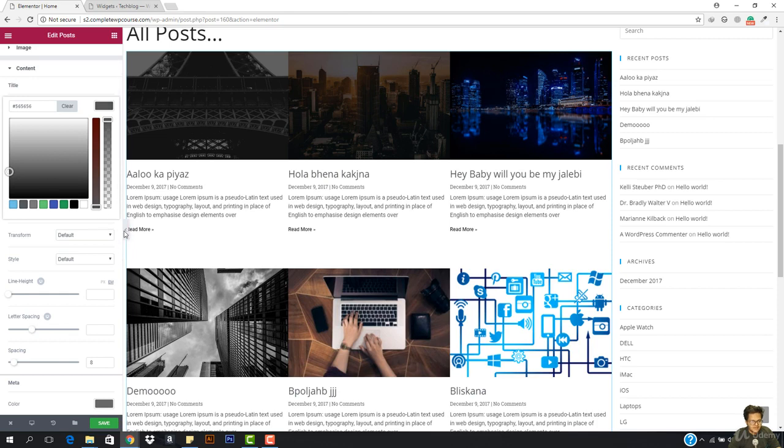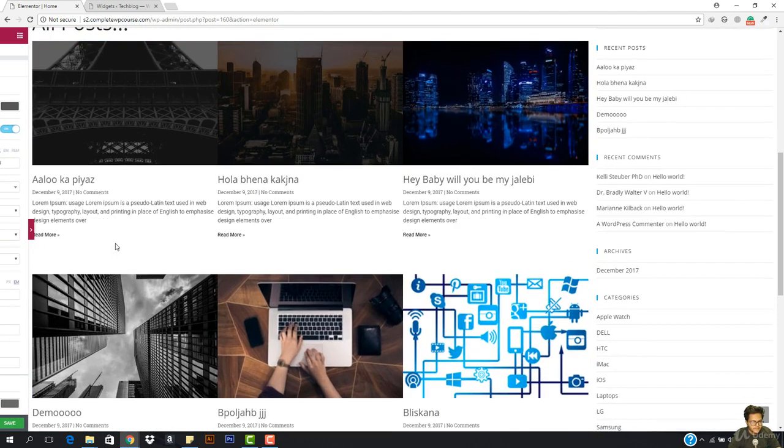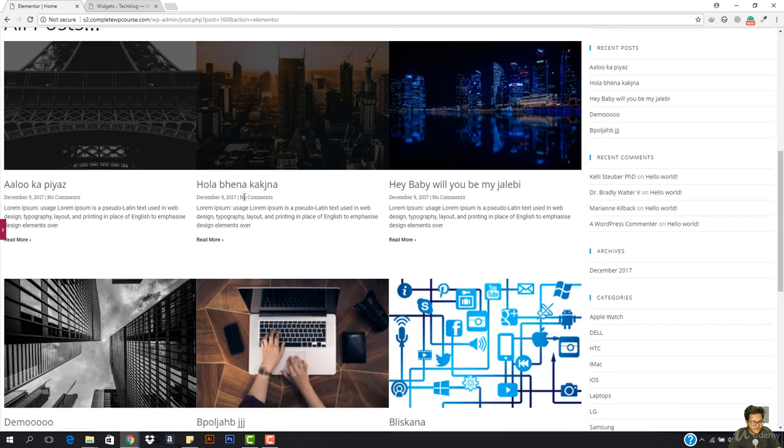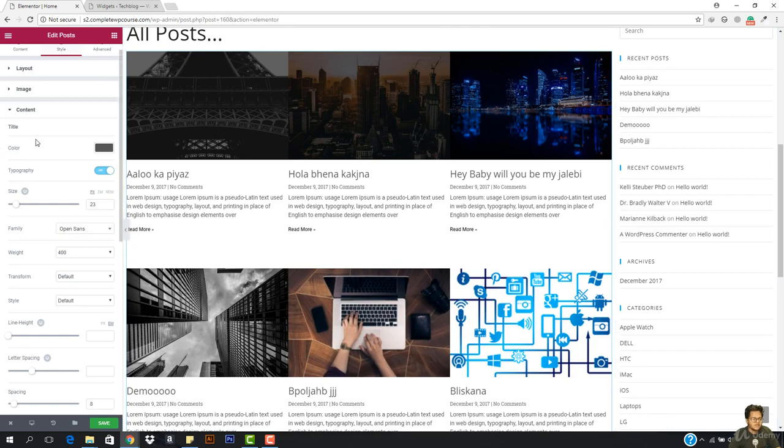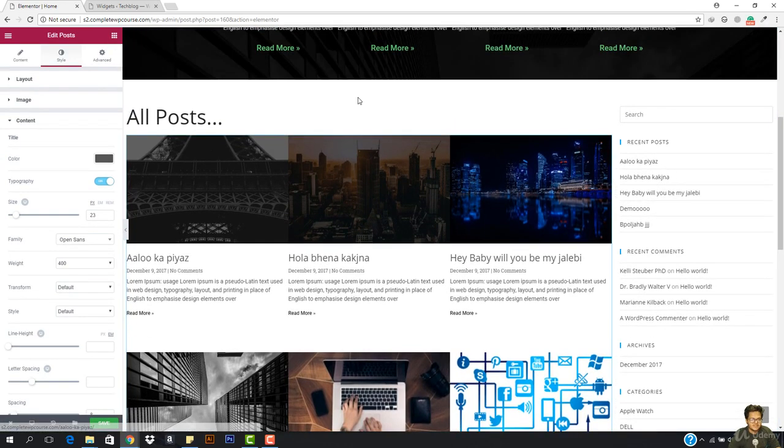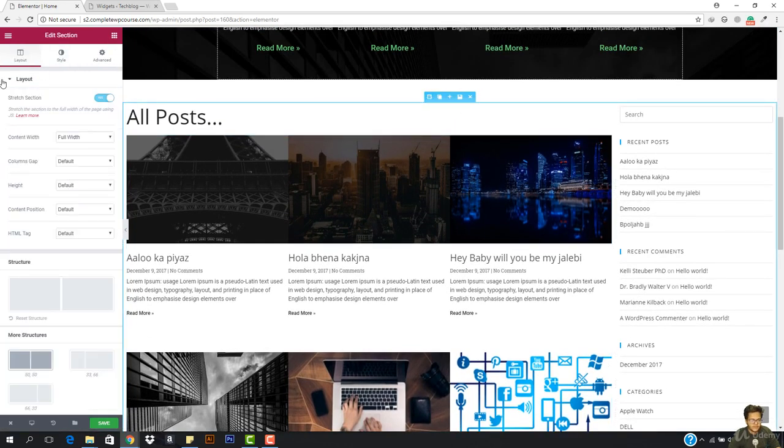So now you can see that this is coming right here. We basically want to give some padding to the left because it is sticking to the wall. So what I want to do is select this whole section. Okay, and I want to go to,